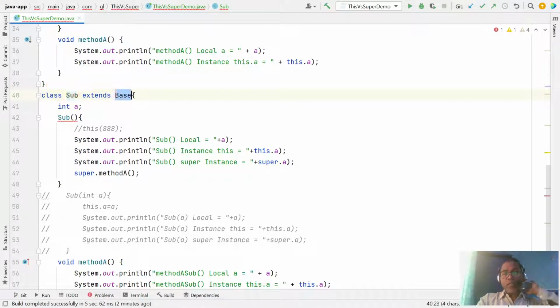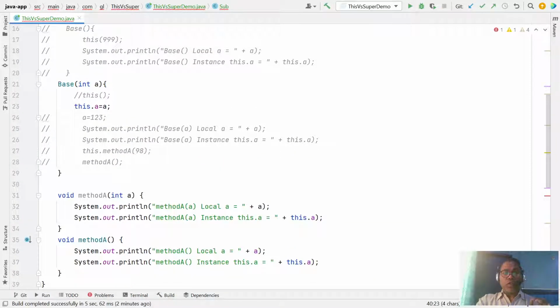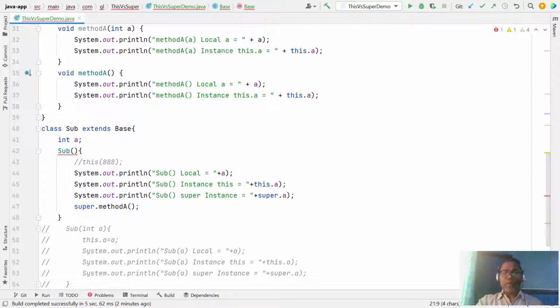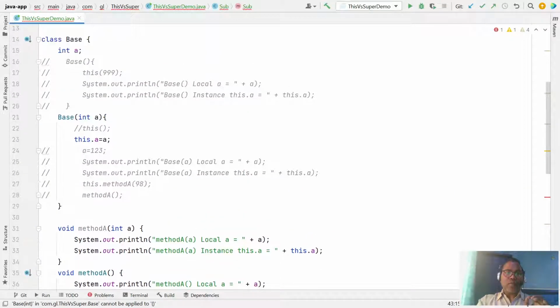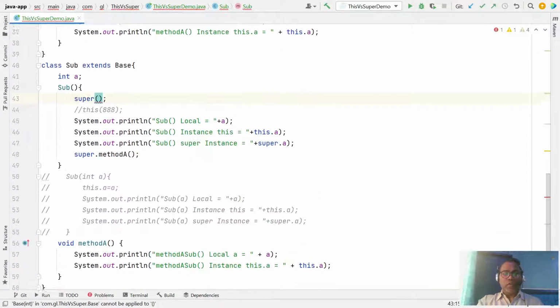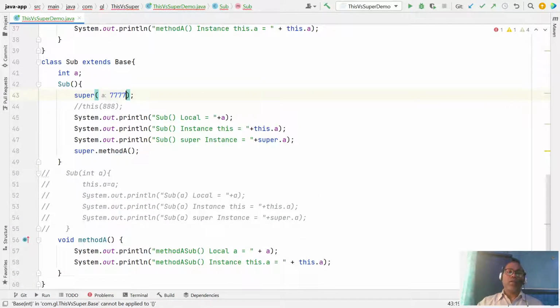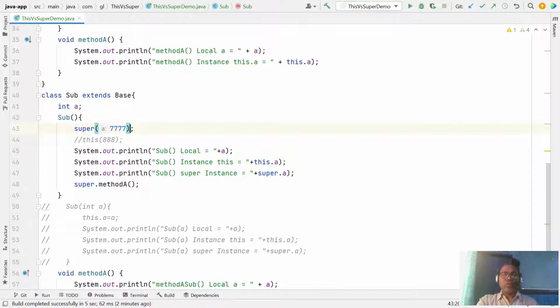So for creating the base class object, there is no default constructor, only one argumented constructor, so it is not going to initialize. So here super helps us. Super just invokes the super class constructor. The super class constructor has only one argumented constructor, so you can give some argumented constructor value. Now this super helps us to initialize the base class object. So in this way you can solve the problem.